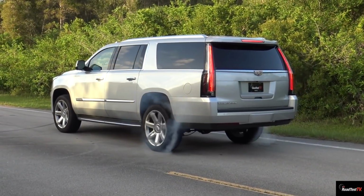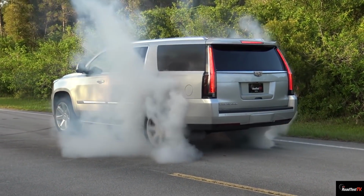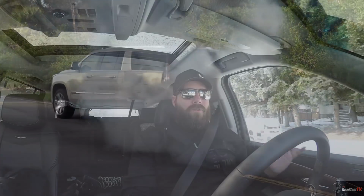Now this one here being a rental, there are a few complaints that I have, and it's not necessarily the fault of the Escalade itself, it's the fact that it has been rented, it has been used and abused. When people pay a lot of money for a vehicle to rent, sometimes they don't necessarily treat it as if it's their own. So first of all, the driver's side door speaker is blown,